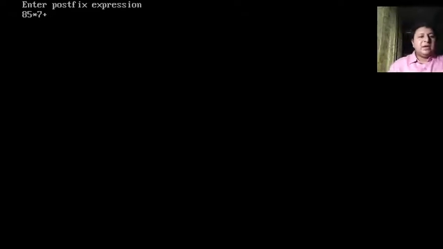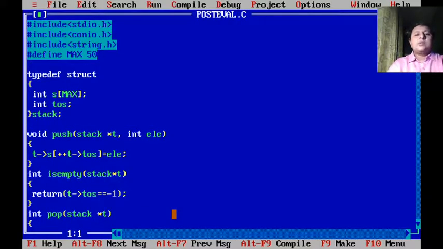That should be 47. Let us make it even a bit more complex. So I would subtract something from it. Let's say 9 divided by 2 should be subtracted. So 9 2 slash minus. Okay, so see, 47 is the answer of the first part. 9 divided by 2 should be 4.5, but we only go for integer division. So 4. So I subtract 47 and 4. 47 minus 4 should be 43. Perfect. In short, the given code is working properly, and that is how we can evaluate a postfix expression.